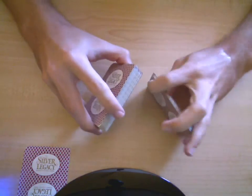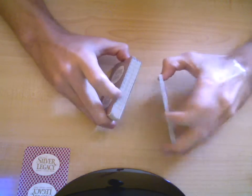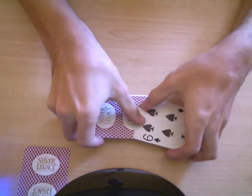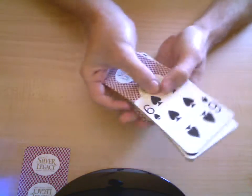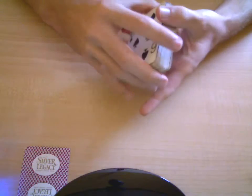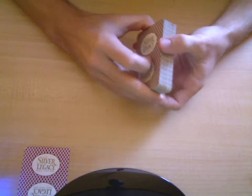And then you take the final 2 packets and you shuffle. But this is the part you have to be careful. You want this packet, the last packet, to be the first one down, and the last one on top. So it looks like that. It's going to be a kind of awkward shuffle, but you want to have the clubs in the middle, and you want to have the small packet on the top and on the bottom. Okay? So then you square it up, flip it over one more time,